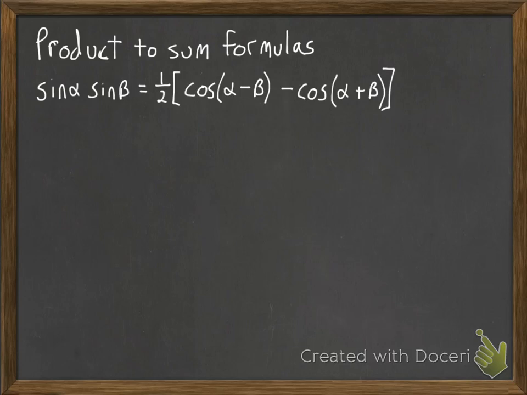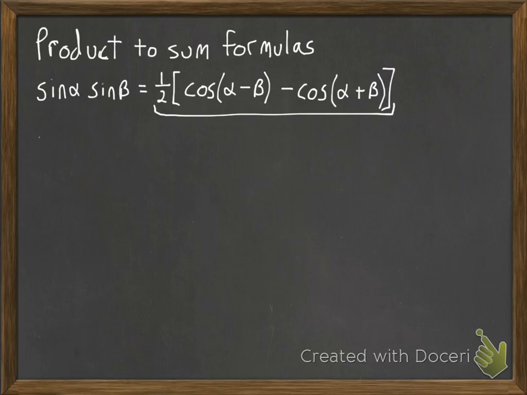Now to prove this is pretty easy. We focus on the more complicated side, as usual with identities. And these formulas were probably originally found because people were taking these angle sum and difference formulas for identities, for cosine in this example, or for sine in another example, and they were messing around with them and seeing what would happen. And here it turns out if we take that side and we just now